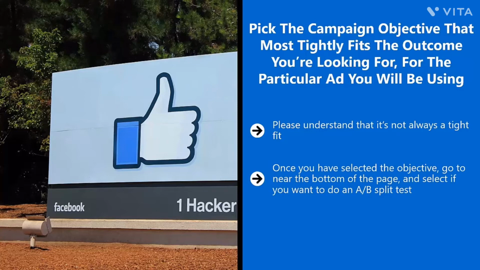A/B split test is very important because you can run two ads at once and Facebook will alternate exposures for those two ads. Obviously, you're looking to see which of the ad gets the most clicks or most results. This is a great way of testing different ad designs. Also, you can select budget optimization. Using these two features, you can run different ad sets and see which of your ads perform best on Facebook using your target audience parameters.